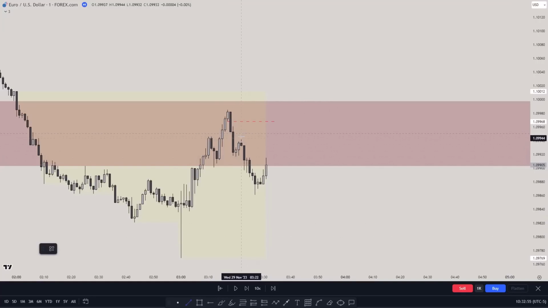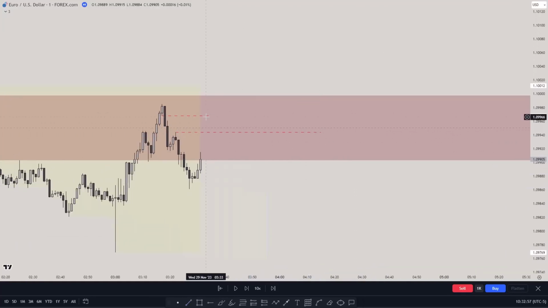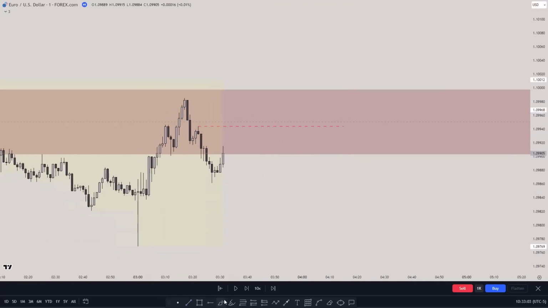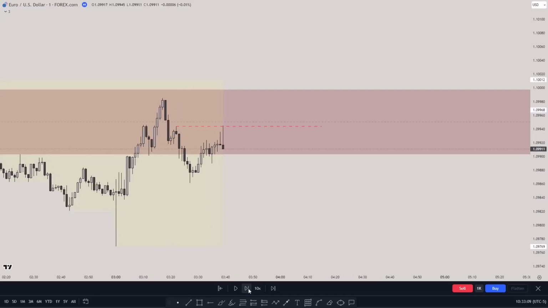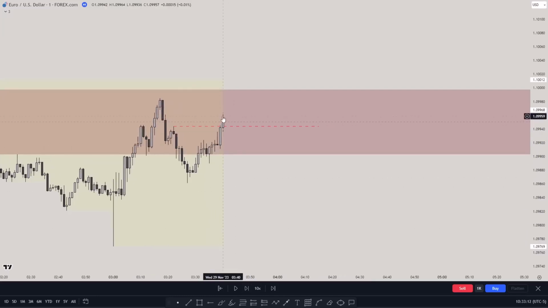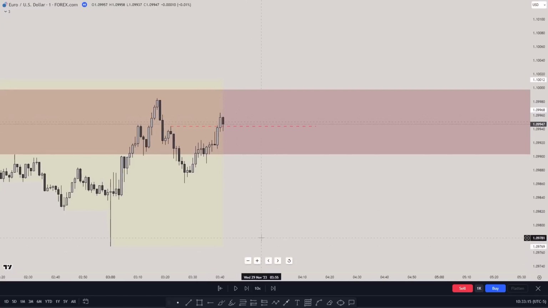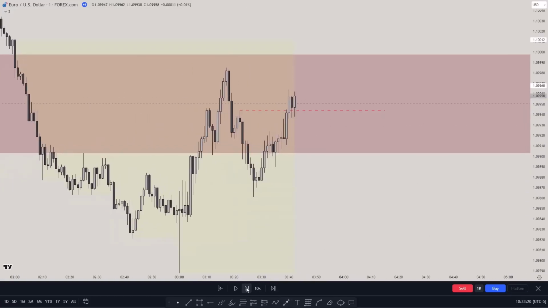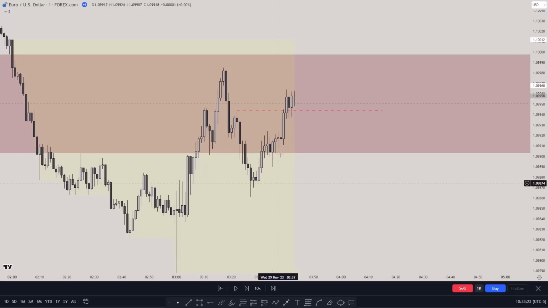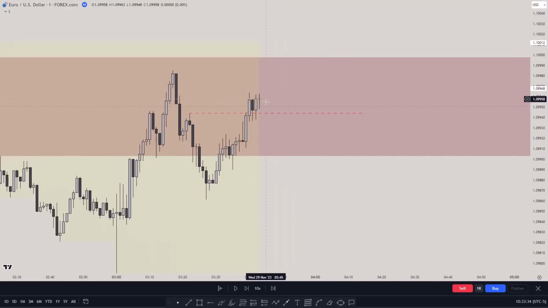And what do we have here? An inducement, or a high in a fair value gap. So if price took this, and then there is projection to the lower side, I would take this one. If we pay attention to what's going to happen now, price is taking the high, again inside of the fair value gap. Any sign of reversal? There's nothing. So this is not a sign of reversal. There's nothing. And this is a candle that tells you that mostly the momentum to the upside is lost, and the momentum to the downside is maybe starting to happen. So at this point, I said, okay, maybe it's coming soon.